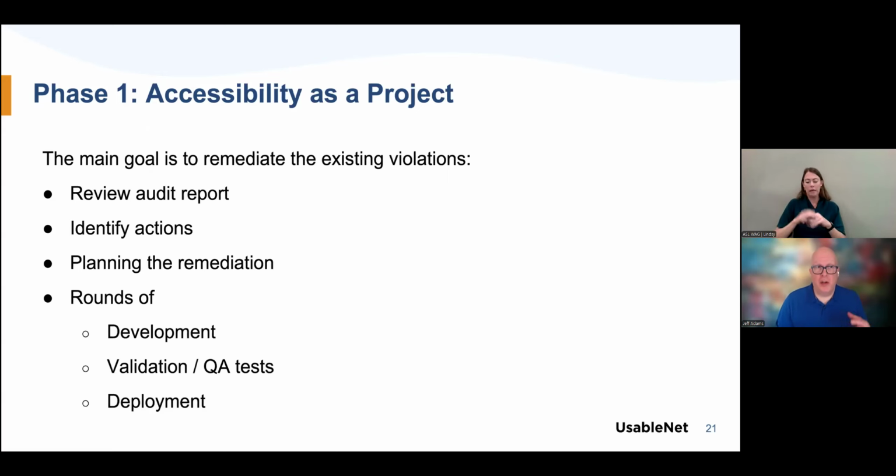And that often starts with, of course, reviewing the audit report to understand what's in there, looking at the prioritization factors that Michele mentioned just a moment ago to be able to set some of those plans, identify the actions that are going to have to be made, and really digging in and planning the remediation. What needs to be done by design, what needs to be done by the content team, what needs to be done by developers, and through what timeline and across how many sprints, for example, is that work going to take.